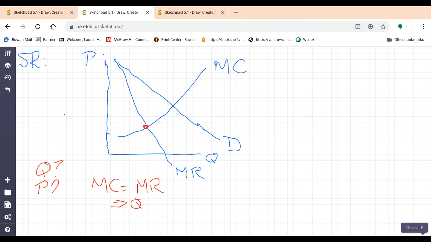So where they meet is this point, and I'll just put Q1 for now. And because they still have some pricing power, they're going to price higher than this. They're going to go up to the demand curve and look over to this price, P1. So they're able to still charge a higher price because they have some market power, at least in the short